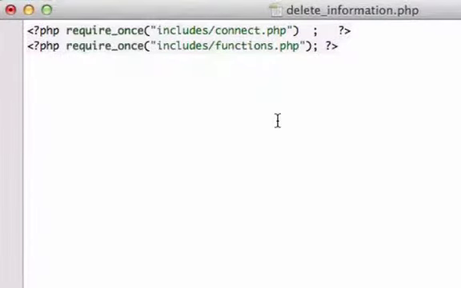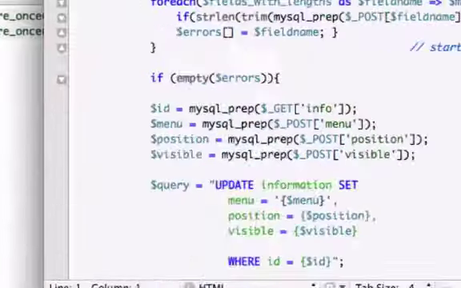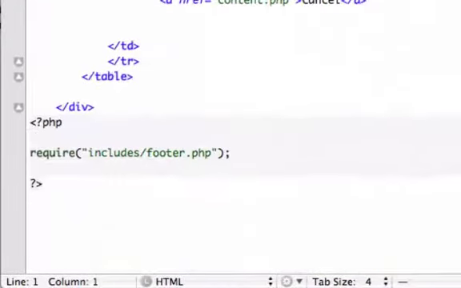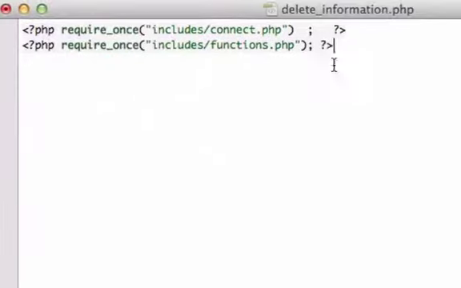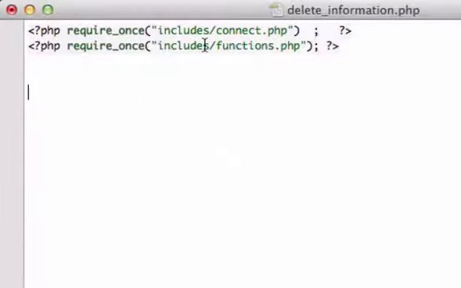And what else do I want? I want to close out our mysql_close. Is that on this page? No, it's in our footer. Okay, I'm just going to hard code it. We're hard coding this as well. We're just copying and pasting it. So I believe I remember that it was,